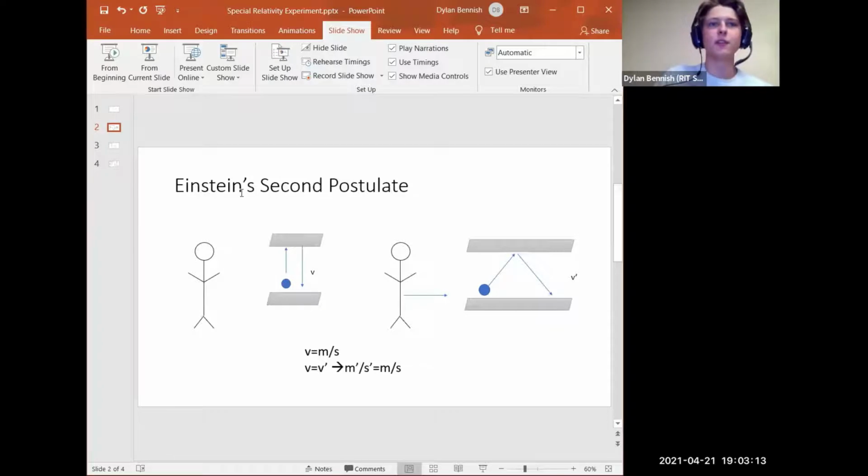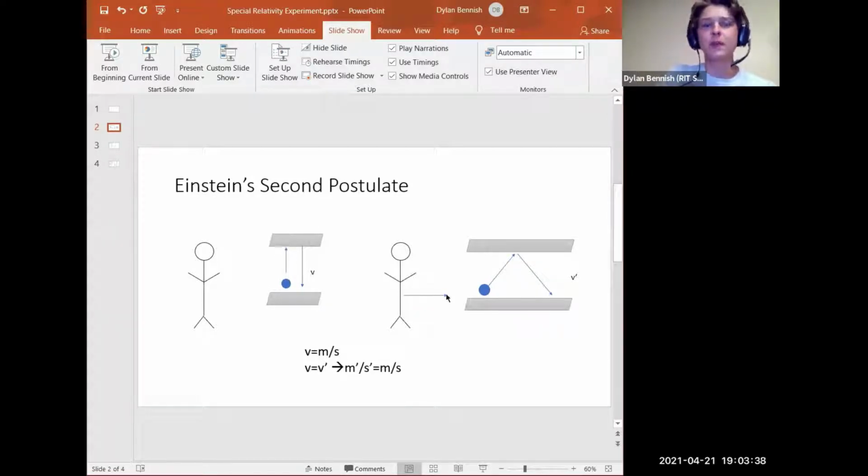So on the left here, we have an observer who has two mirrors. He's going to watch a photon bounce between the two mirrors. He's going to observe it to move at the speed of light, which we would expect. And it's going to travel a distance of L up and down the mirror. And this is normal. This classically works from classical mechanics. So he's going to see it go at the speed of light, and he's going to see it go a